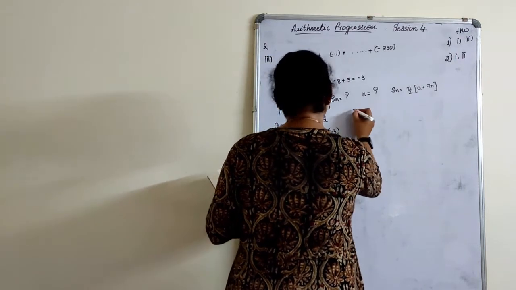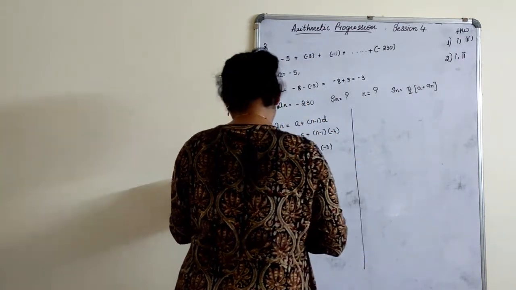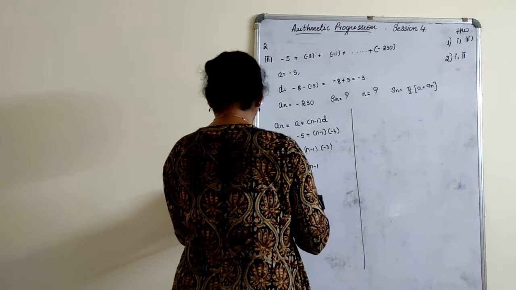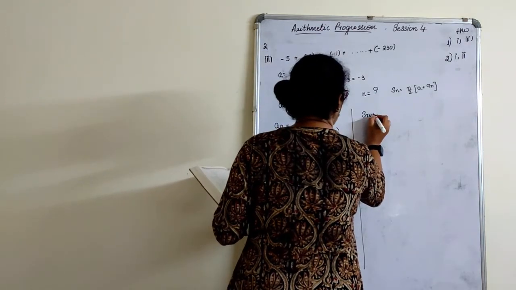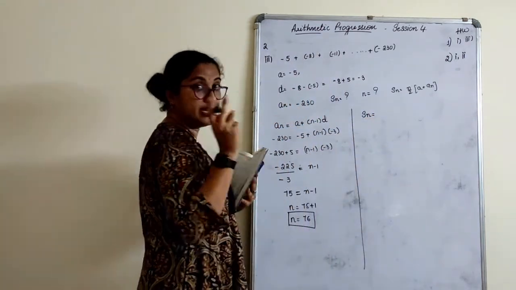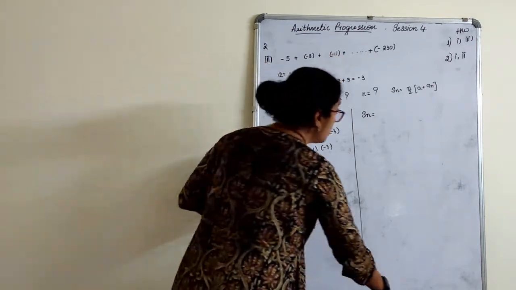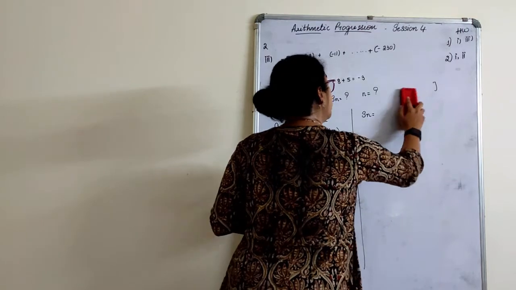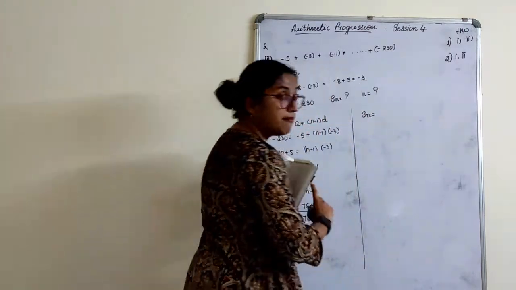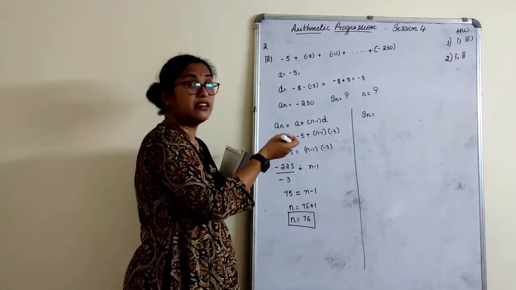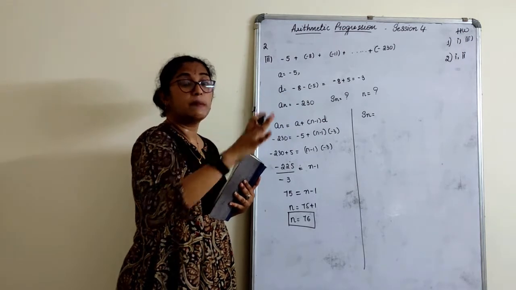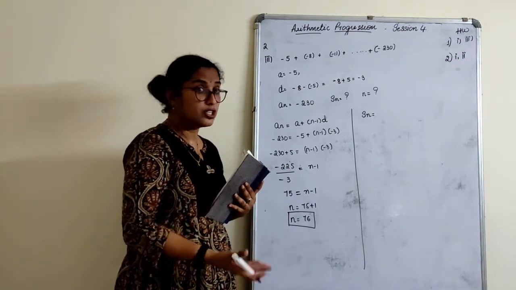Let's find out accordingly what they have asked here. Sn. How do you find Sn, children, now? Now there are two techniques to find Sn. If you don't remember this formula, that is Sn is equal to n by 2 (a plus an), leave it. You can also find it by our regular formula. What is that regular formula? n by 2 (2a plus (n minus 1) d). Correct, you will get full marks.